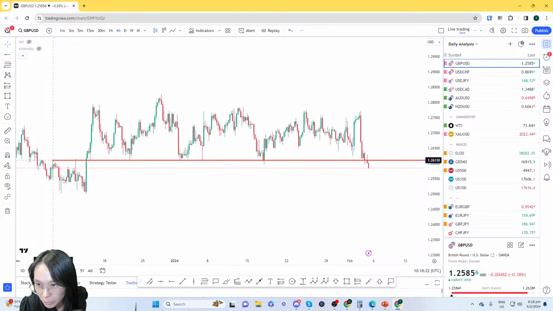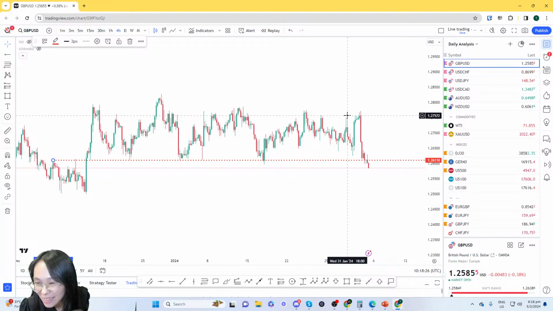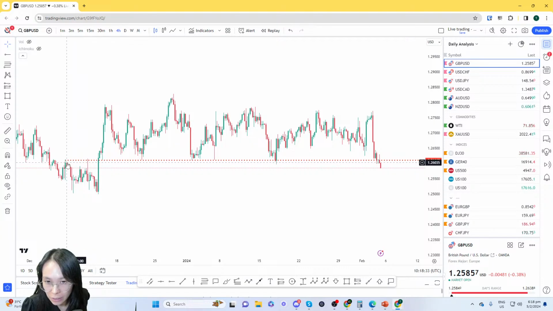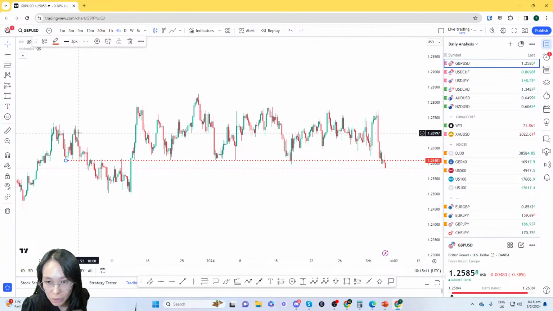Okay, this will be my immediate resistance. You can see the dotted line. You can see that the price at this immediate resistance is very nice. I can extend it all the way to the back here. So it bounced off the level, broke through, and became resistance, and it broke out of the resistance. It has been tested so many times.